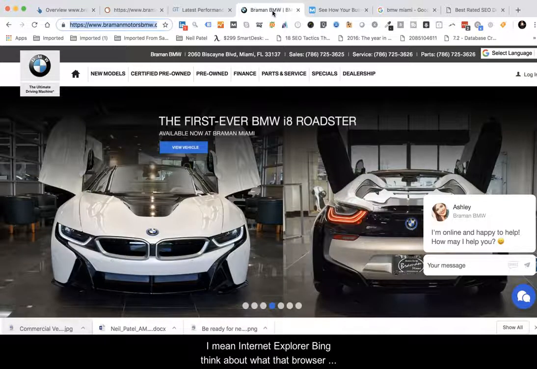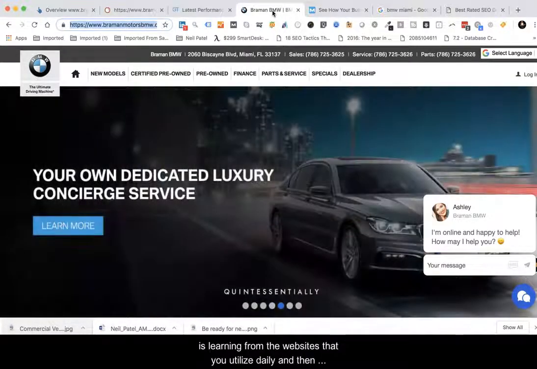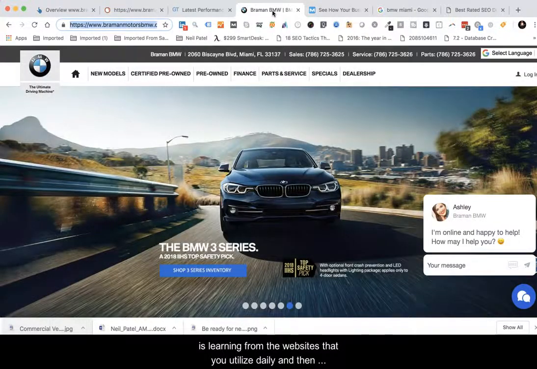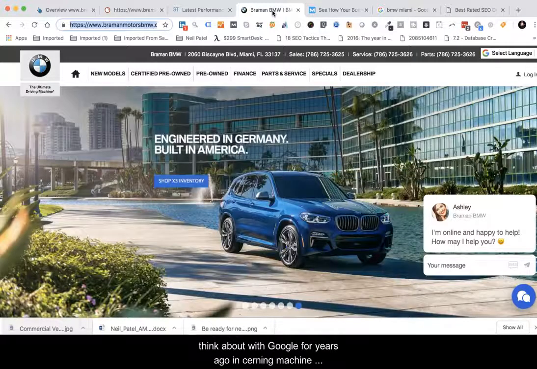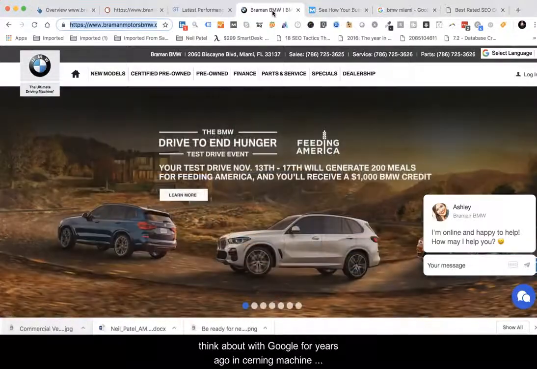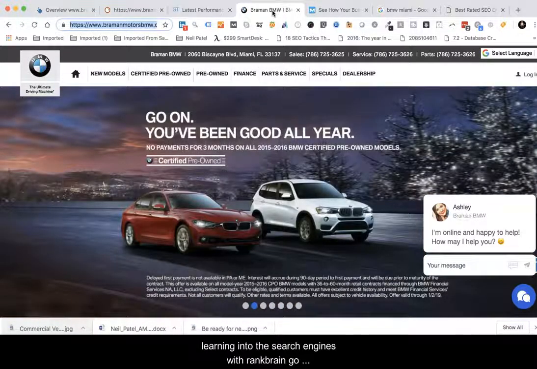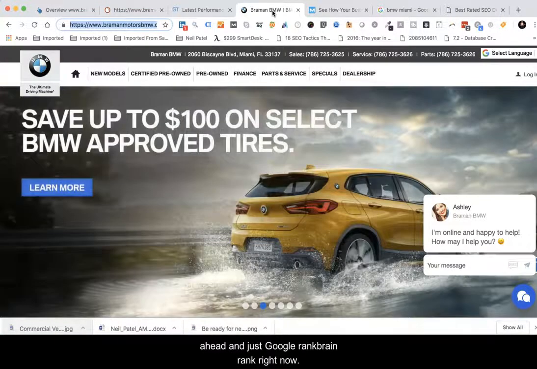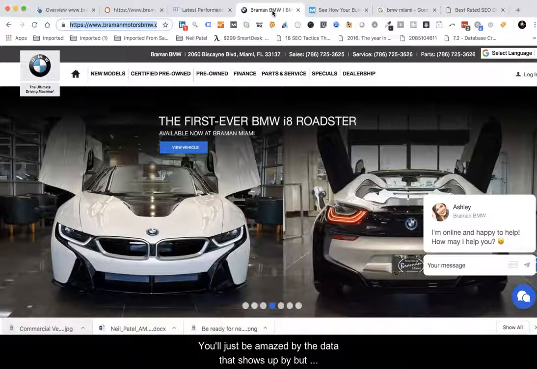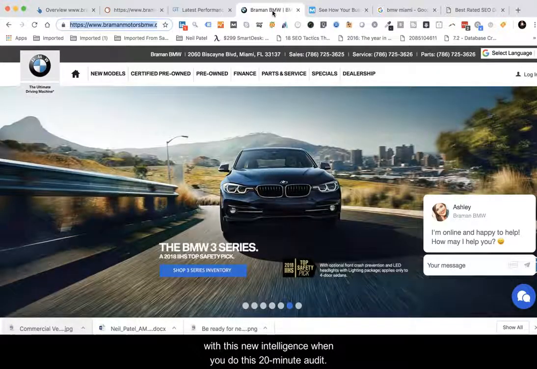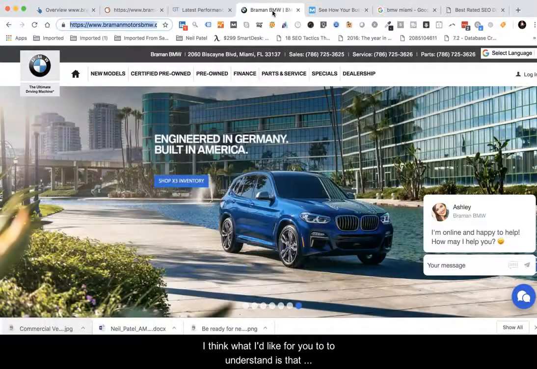Think about what that browser is learning from the websites that you utilize daily. And then think about Google, 4 years ago, inserting machine learning into the search engines with RankBrain. Go ahead and just Google RankBrain, R-A-N-K. You'll just be amazed by the data that shows up. But with this new intelligence, when you do this 20-minute audit, I think what I'd like for you to understand